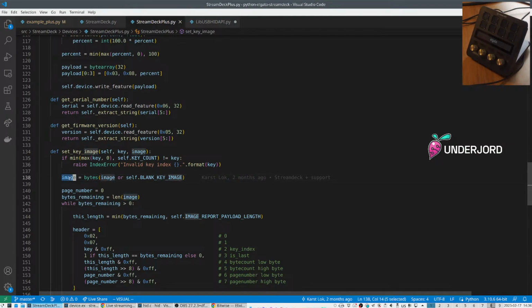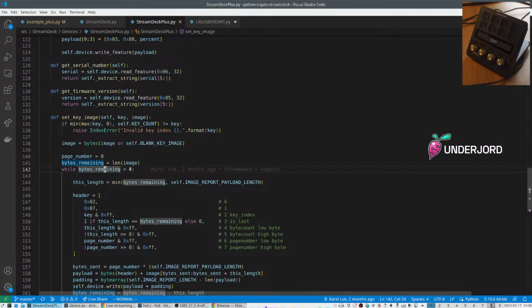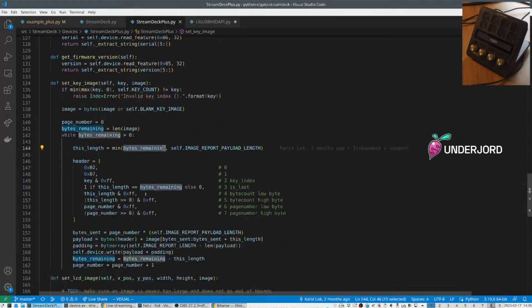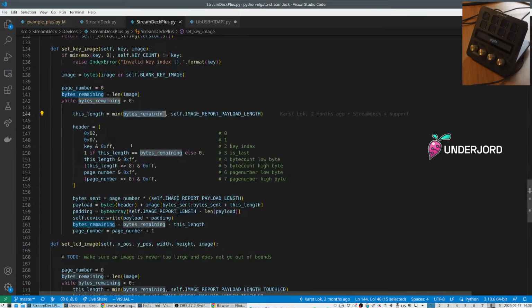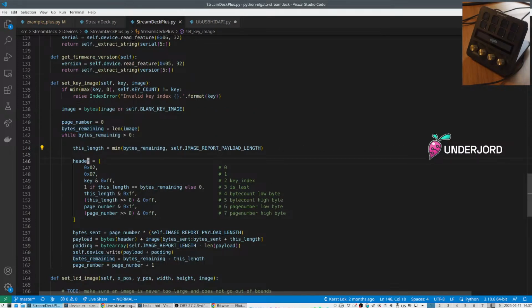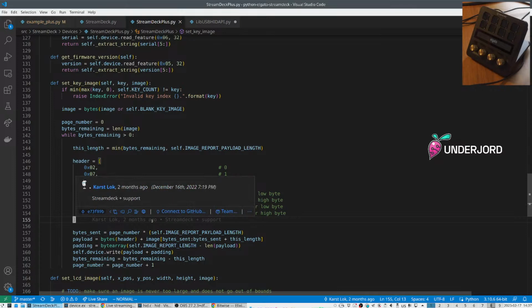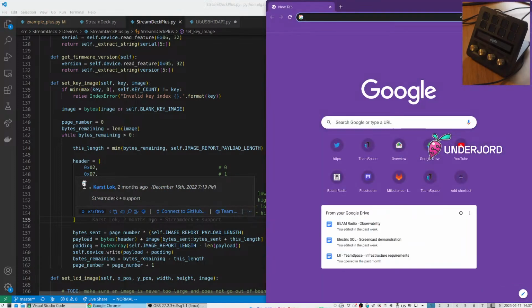this turns them into bytes. This is page number 0, bytes remaining. While bytes remaining is more than 0, this underscore length, image report payload length, header, yada, yada, yada. Okay. First thing first,